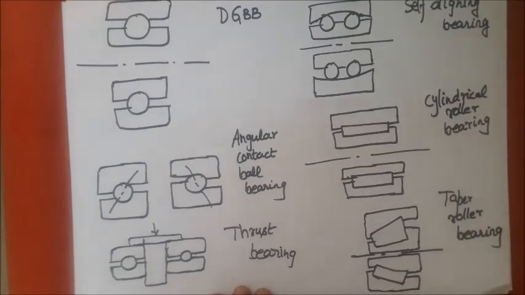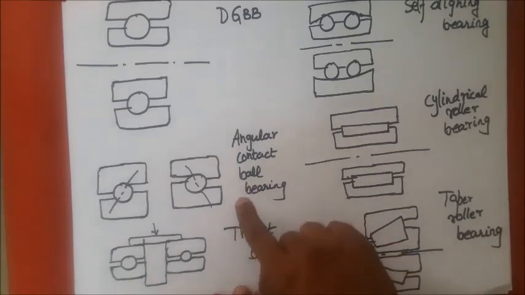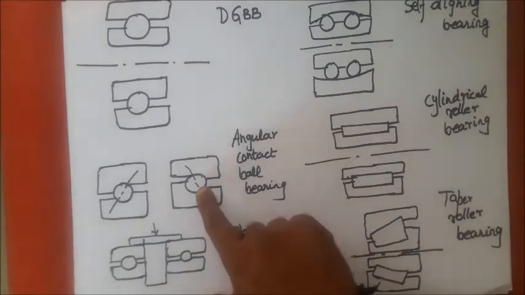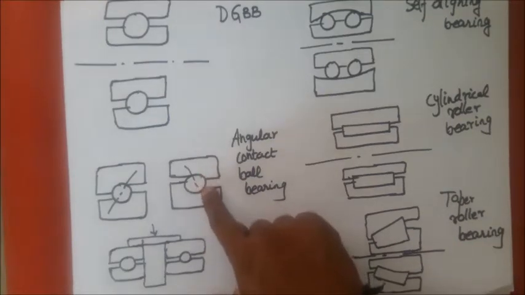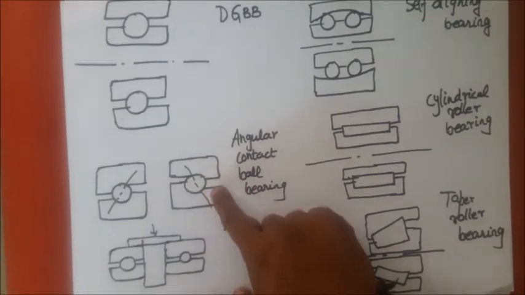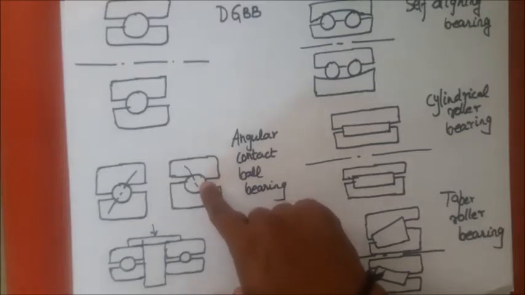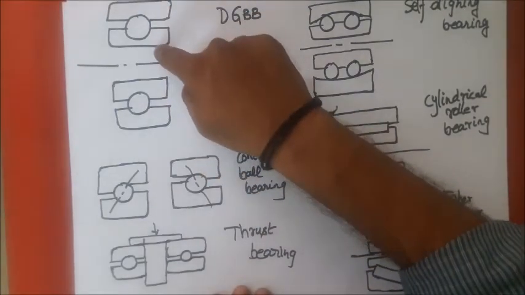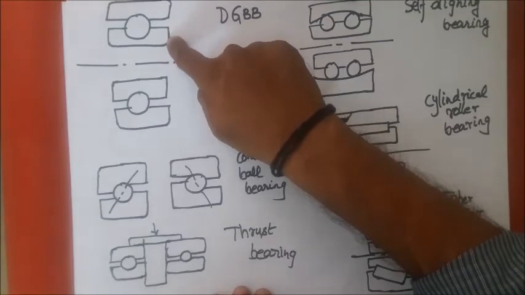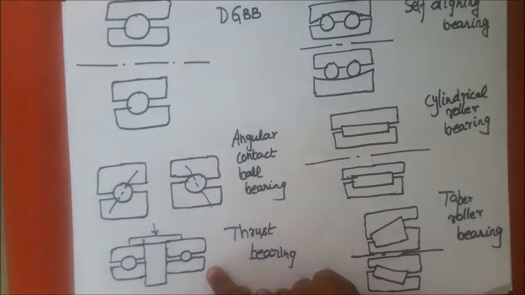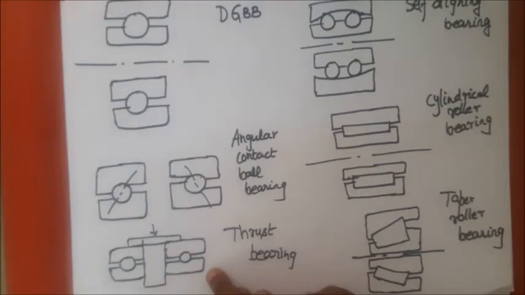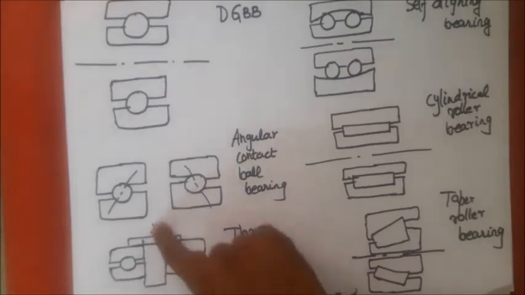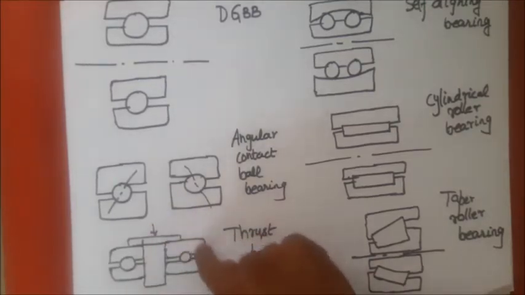Now as you can see, the basic difference is in the construction of these bearings, that is, this ball is inclined on the inner race and outer race. So what happens is whenever there is a radial load and thrust load, this kind of bearing comes into action. Now this bearing will take only the radial load, it cannot resist the thrust load, and this is a thrust bearing which we use in our day-to-day appliances like fans, mixers, grinders, etc. So this is a thrust bearing, this is the shaft on which load is applied, and this is the thrust bearing, this is the outer race, inner race, and this is the ball.